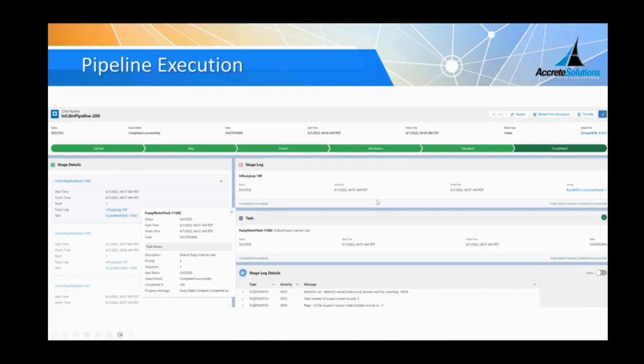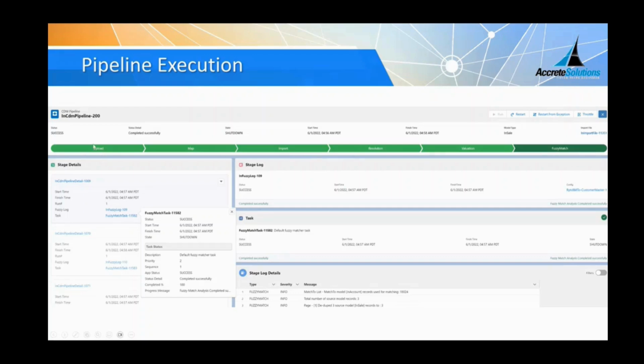The system also provides you a one-stop place to look at your pipeline. I talked about the 6-stage pipeline, where the data gets uploaded and goes through map, import, resolution, valuation, and fuzzy match.